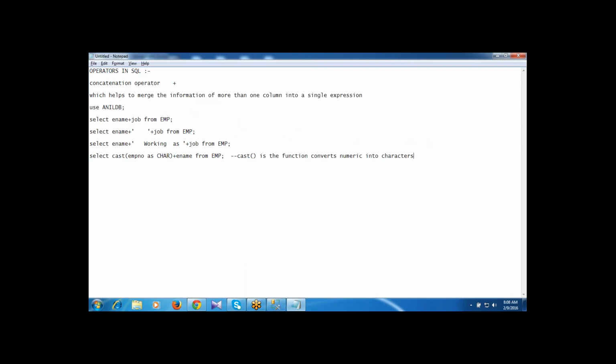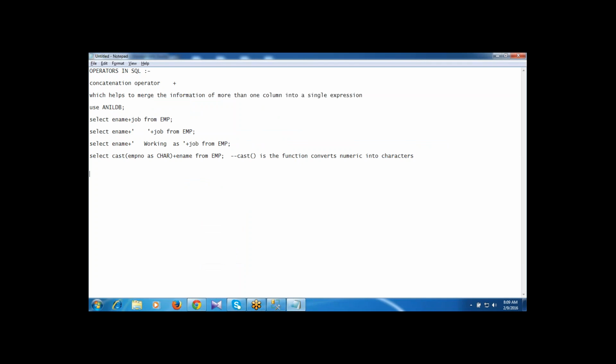So here we can use the cast function and the concatenation operator, because the concatenation operator is plus. It helps to merge the information of more than one column into a single expression. If the column has the character data type, then no worries, the two strings are directly merged into a single expression.